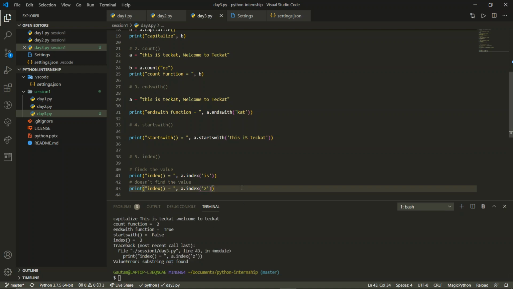Now, in the professional world, some systems are made so that if you find an error, the program should not proceed. It should stop at that particular moment. But there are some programs and software where the condition is that if you find an error, you need to do something else, and the program should not stop. If you do it manually, it takes a lot of time. We need to check first that the character is present, then pass on the index, and then take the value. So it takes a lot of time and effort.